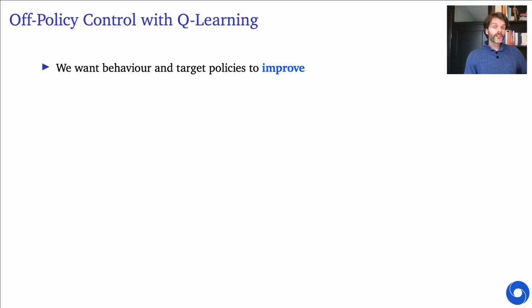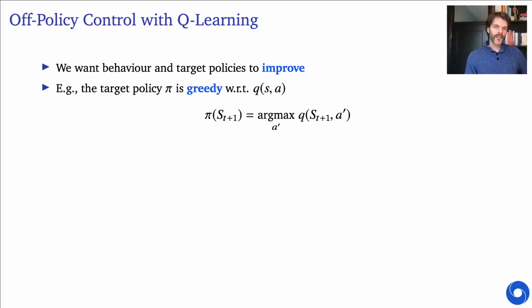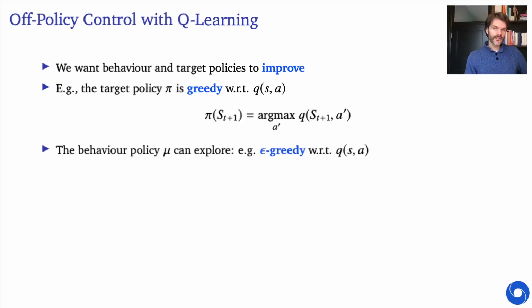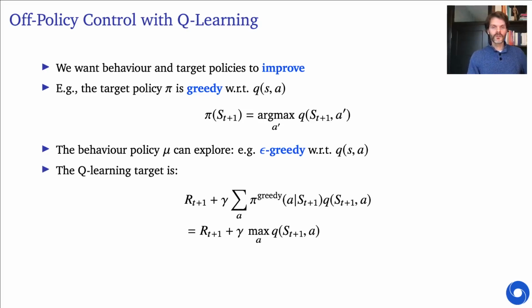In general, we want the behavior and the target policies to improve. That's what it means when we say that we want to do control. And if the target policy is greedy, the behavior policy could still be epsilon greedy or some other type of behavior policy. And then we could construct this target for Q-learning, as we saw earlier, where we just take the